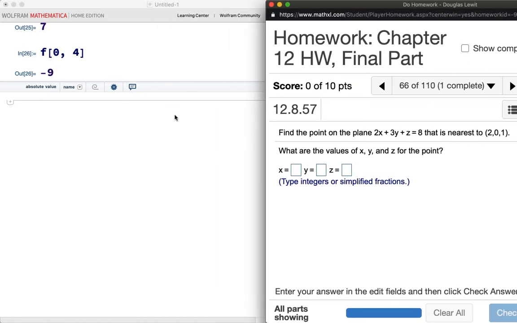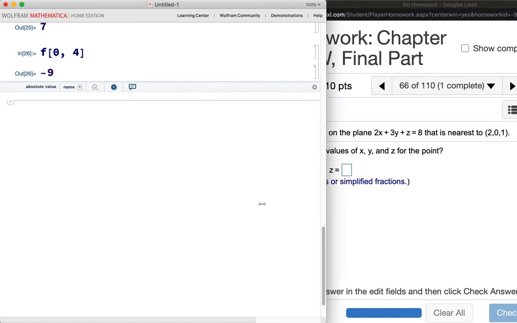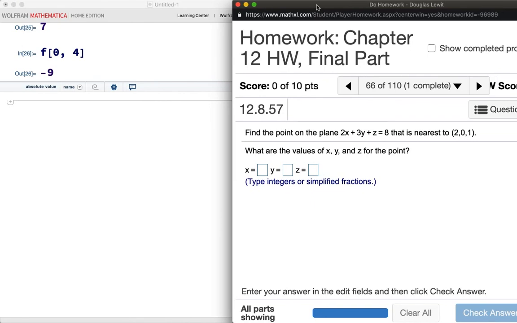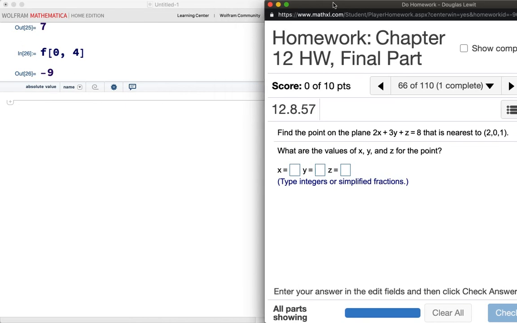So here's the deal. Find the point on the plane 2x plus 3y plus z is equal to 8 that is nearest to the point (2, 0, 1). So what is the objective function? The objective function is going to be the distance function. Now here's the deal. The distance function for this problem is actually going to be